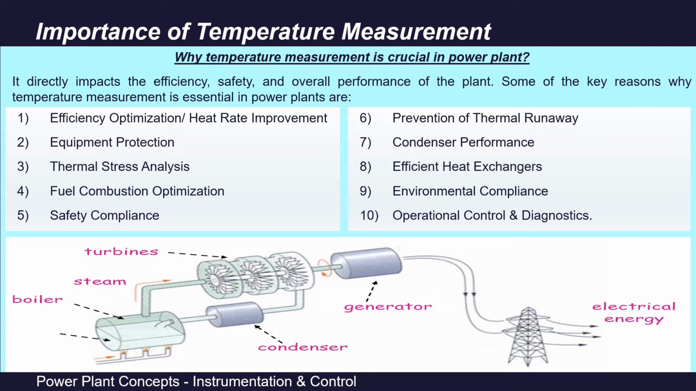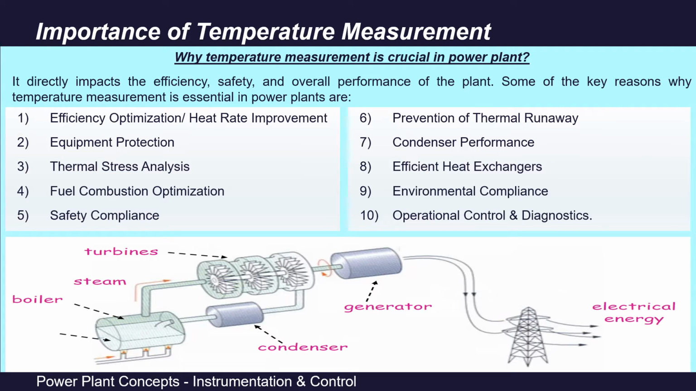We know a power plant converts the chemical energy of fuel, maybe coal or gas, into thermal energy. This thermal energy is used in boilers to produce steam from water. Then this steam rotates the turbine blades. That is, the thermal energy is converted into kinetic energy. The turbine blades are connected to the turbine shaft, and this turbine shaft is coupled to the generator shaft, which further converts